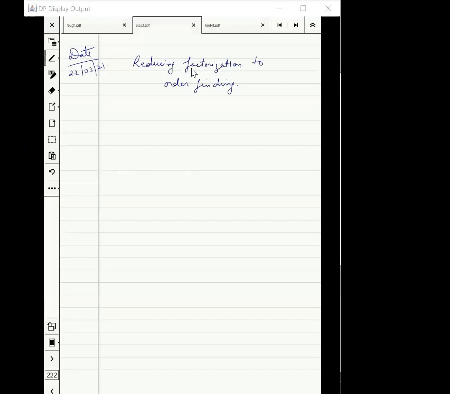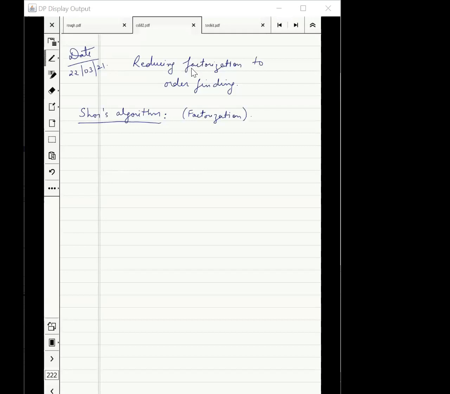We are going to finish the description of Shor's algorithm this week. We have 2 lectures and they can nicely be divided into 2 parts. Shor's algorithm is one of the famous algorithms in quantum computing and it solves factorization, and we don't have any classical algorithm for factorization in polynomial time. But Shor's algorithm does it.